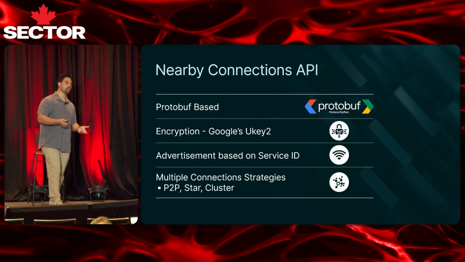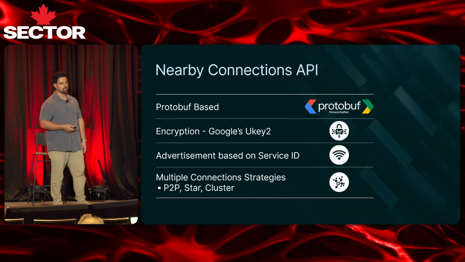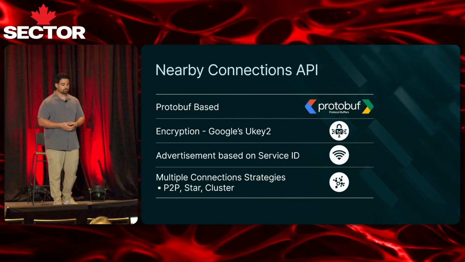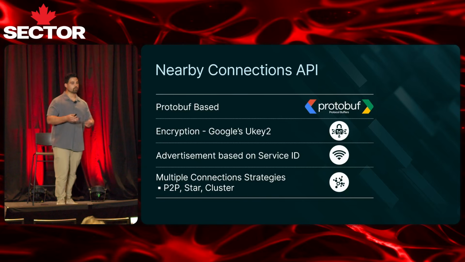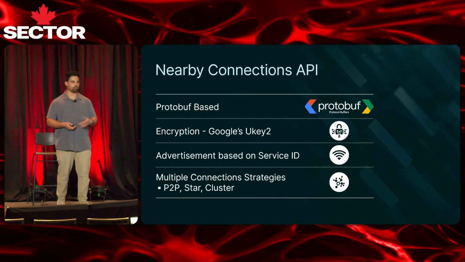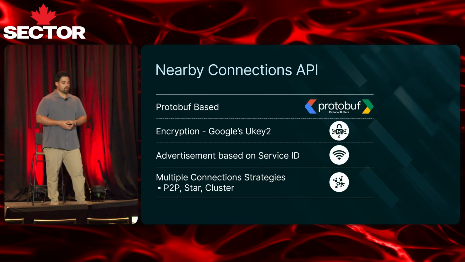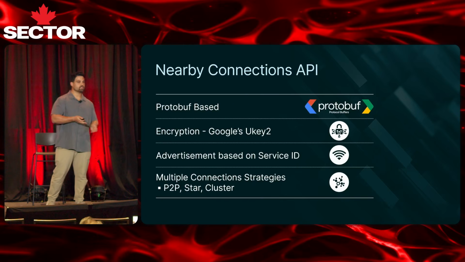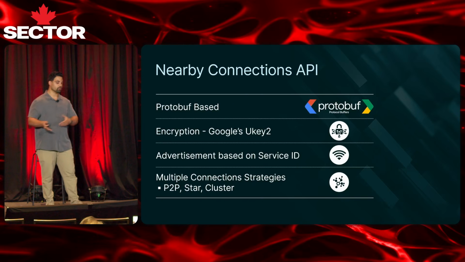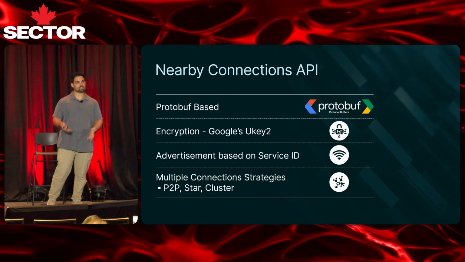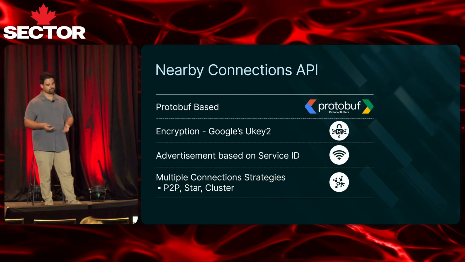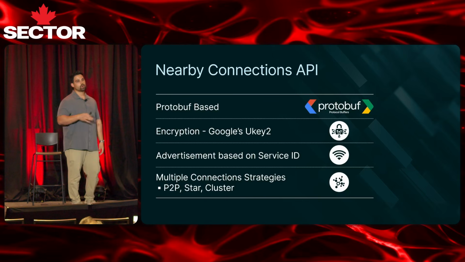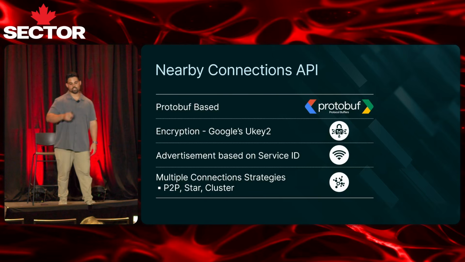Now, a few interesting facts about Nearby Connections API is that first, as we saw, it uses Protobuf. Second, for encryption, it uses Google's UKey2 library. Third, in order to distinguish between each application that uses the Nearby Connections API for its own purposes, each app chooses a service ID and advertises it. And there are multiple connection strategies, but we're going to focus on the peer-to-peer one, which is the one that